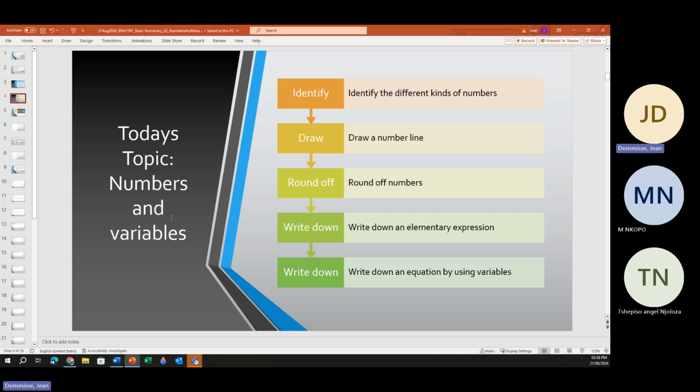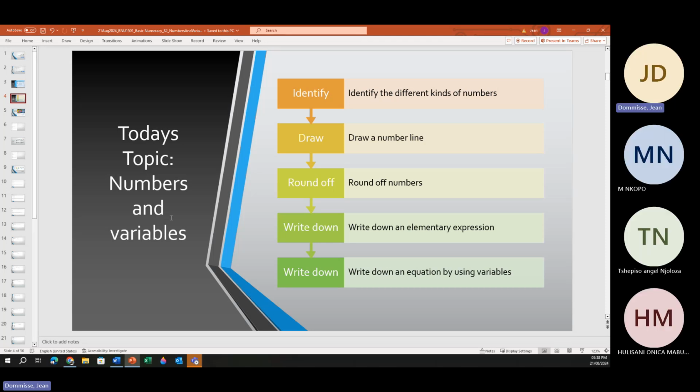Then rounding off of numbers, again, I think that is important. We'll go through a few examples. Then I think one of the things that is probably the most difficult is when you get word sums where they give you certain things in an expression and you need to write down what the formula is. So again, we will look at a few examples,